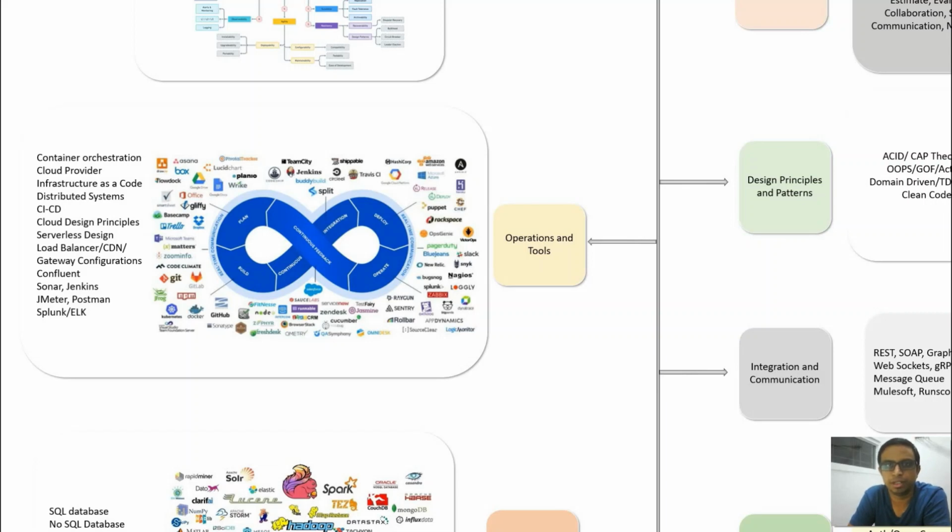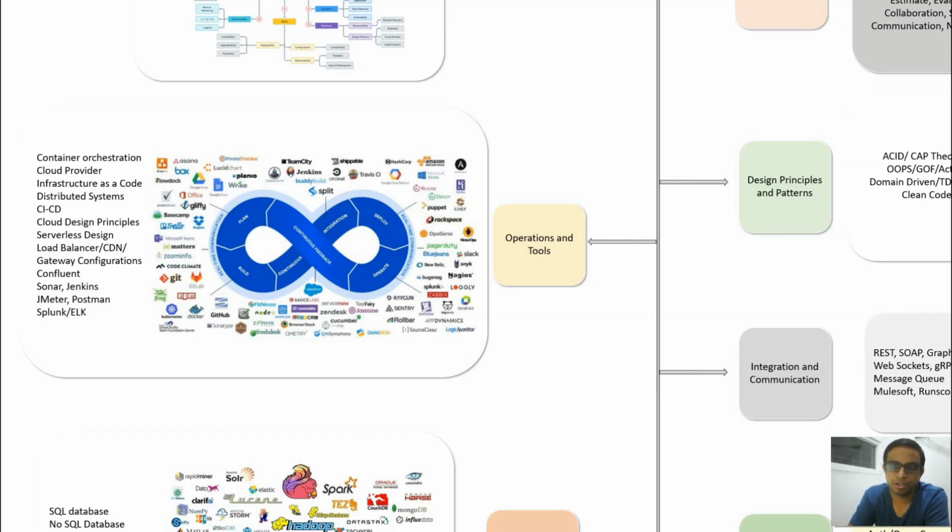in your day-to-day development, the software development life cycle. So you are in a phase wherein you're going through planning, continuous feedback, operate, deploy, continuous integration, and deployment. This is basically the work of a CI/CD engineer, but a developer should be aware of what's happening in the background. For example, how is the container orchestration done, what are the cloud providers you are using, infrastructure as code, and then we have distributed systems, how they are working together,